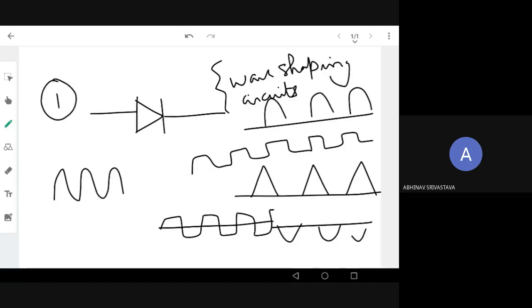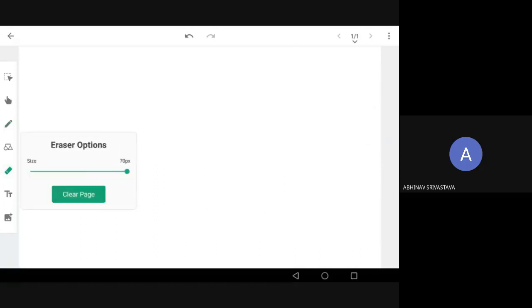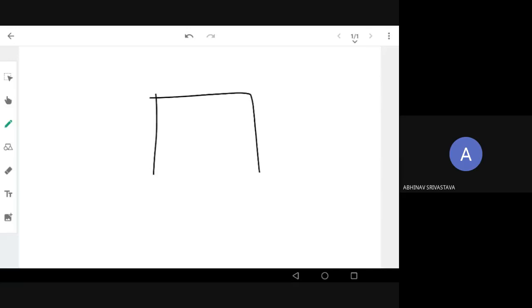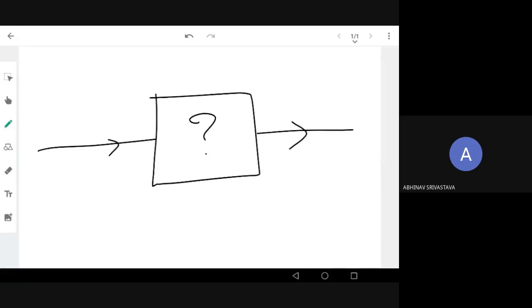After discussing basics, we'll go to diode circuits. The internal structure of the diode you have already discussed, so we will not be dealing with what is happening inside the diode: forward bias, reverse bias, what is happening with the capacitance. We'll take the diode as a black box, with an input voltage and output voltage, input signal and output signal. What is inside we don't care about. We'll take it as a simplified model.